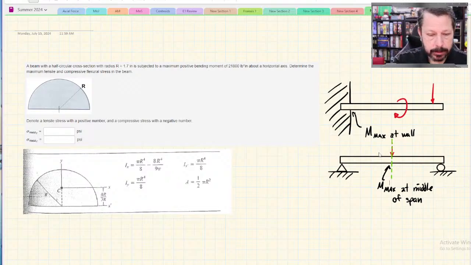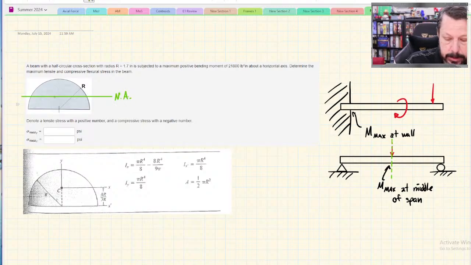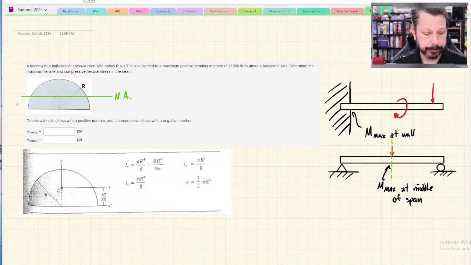Meaning about the horizontal axis, meaning that there's a neutral axis somewhere in this thing, and it's horizontal. So that's basically telling us the way the loads are. The loads are going to be perpendicular to that neutral axis. Again, that's not super important to know for this problem, other than they want us to find